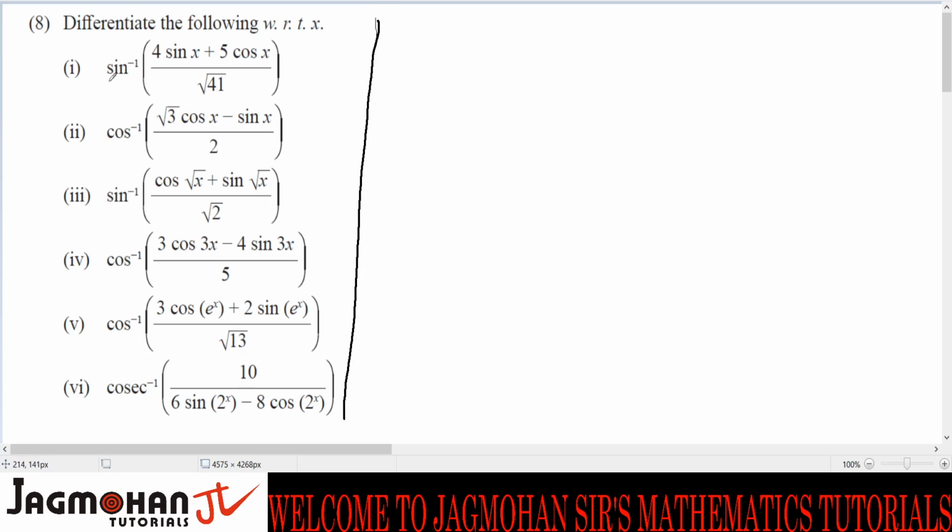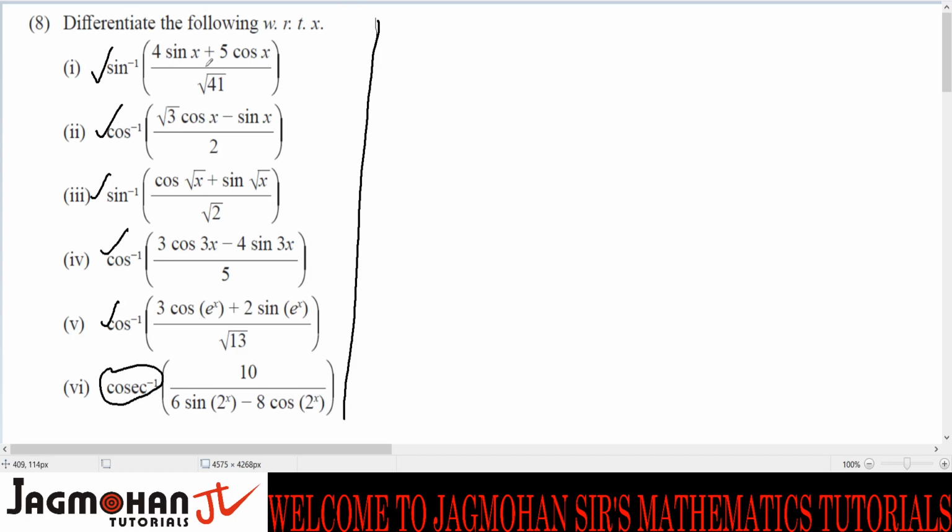See, in each one of these questions you notice you have sine inverse or cos inverse. See, sine inverse, cos inverse, sine inverse, cos inverse, and here you notice cosec inverse, but don't worry, in one single step, this will also become sine inverse. Because when we write sine inverse, the bracket will be changed to its reciprocal. So in all these types, what you notice is that either you will have outside sine inverse or cos inverse.